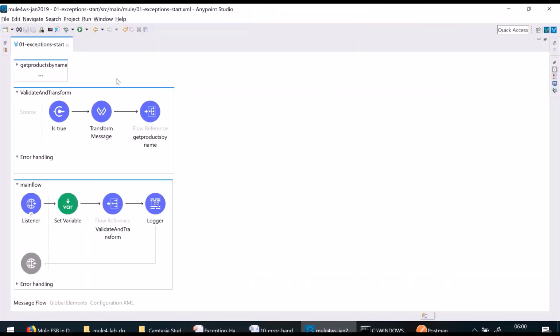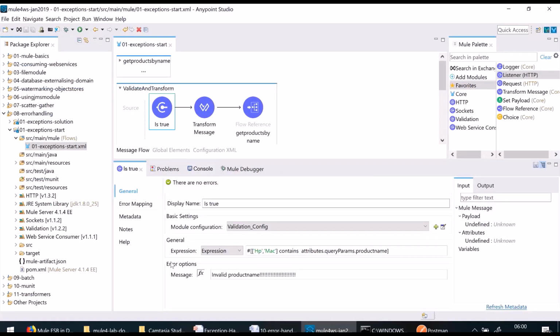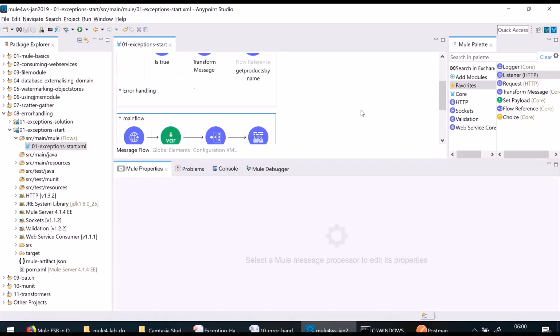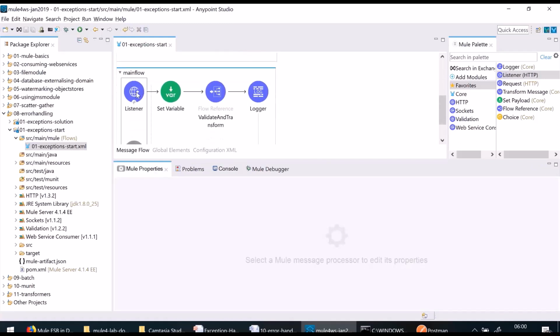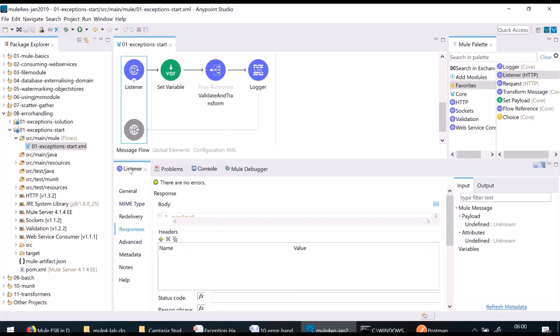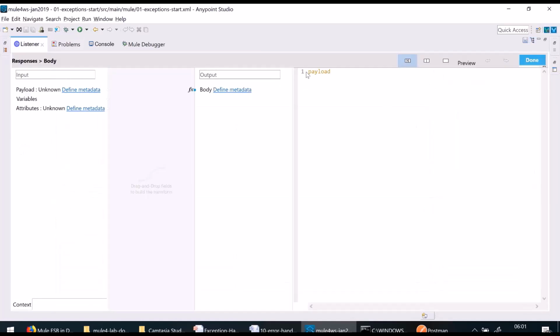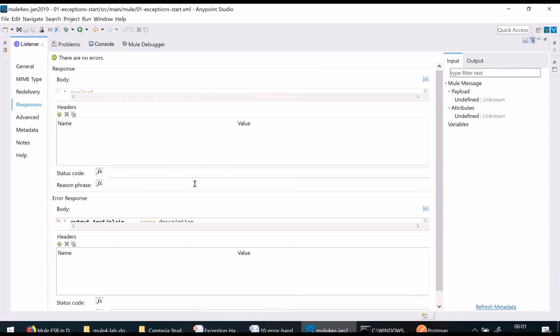See here, for the is true validator, in the error options I configured the error message invalid product name. Why was this error message displayed? If you see in the HTTP listener configuration, there is a tab called responses. In responses, there is something called error response. See, success response is configured as payload. I'll just click on this. Success is configured as payload, and error response,